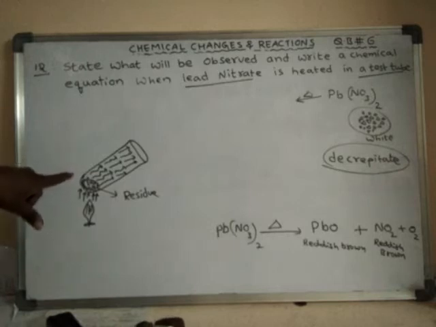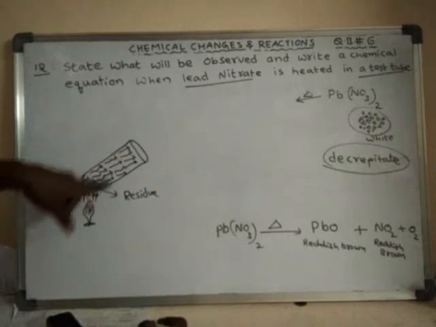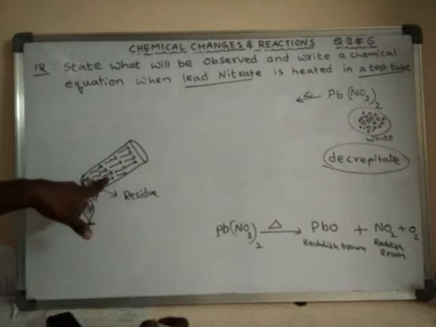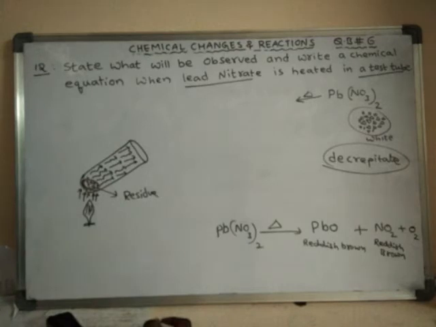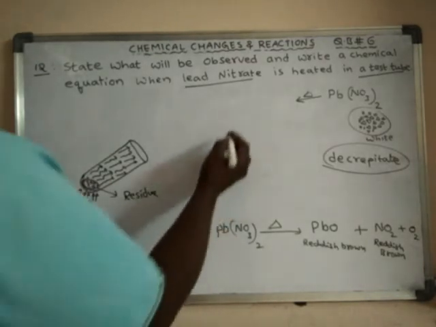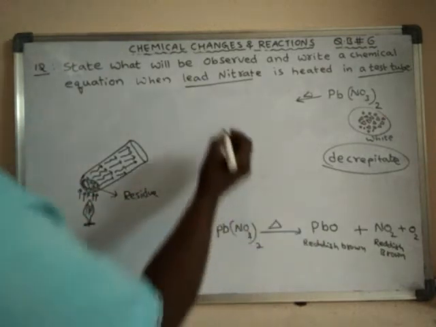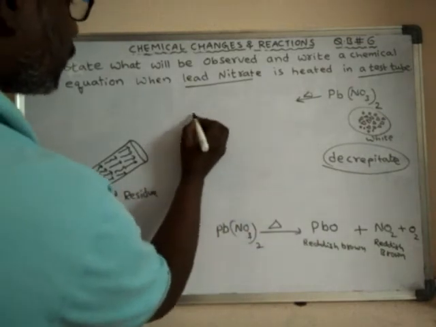Along with the reddish brown colored gas, NO2 gas, even oxygen gas is also formed. So how do we identify whether oxygen is formed or not? There is a test for oxygen. What is the test for oxygen? If you bring any glowing wood splint,